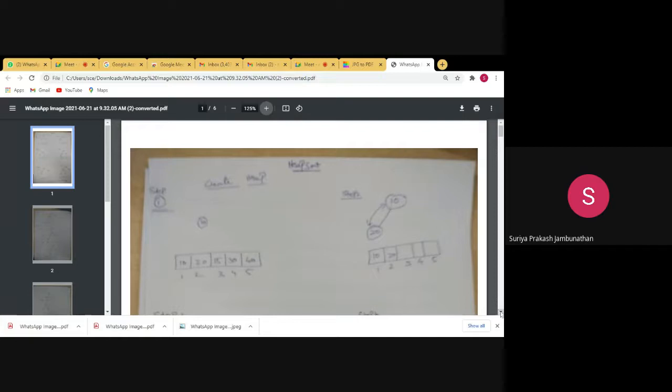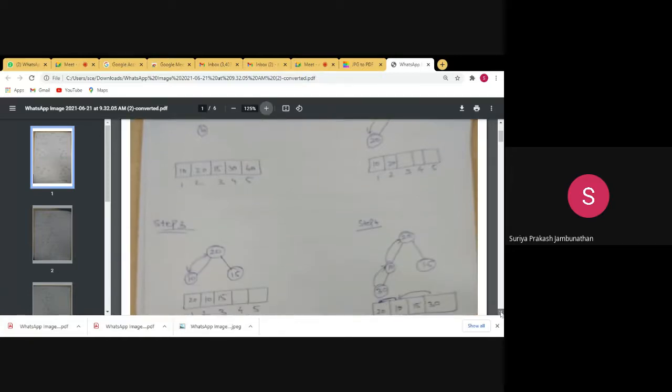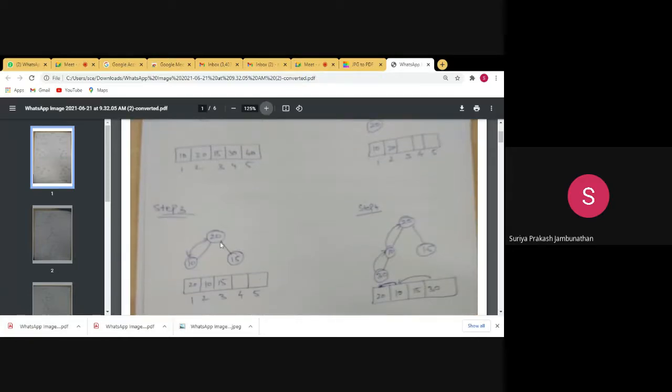So let's see how it will be interchanged. Here we have 20 at the top and 10 in the subnode. Now we are adding 15. As per the rule of the binary tree, the left side will be lesser and the right side will also be lesser.